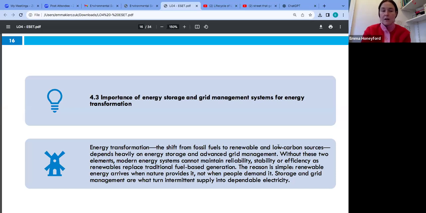So whilst it's great that we're moving increasingly towards using renewable energy, if the system isn't in place or isn't set for the future, then this is weak, this is not sustainable. So we do have to have that long-term thinking when it comes to